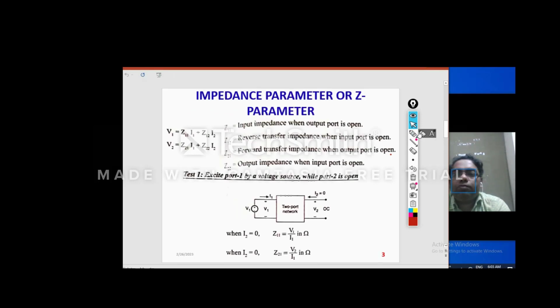And in this, if I put I1 as 0, then what will happen? Here I1 is 0. So V1 by I2 will become Z12 and V2 by I2 will become Z22.